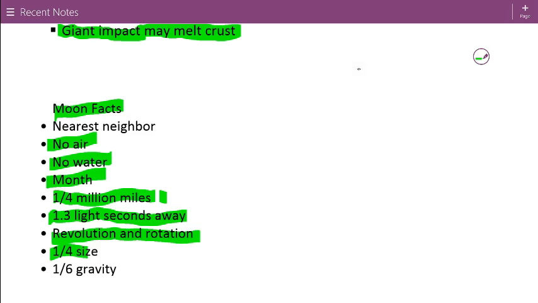And then also, it's 1/4 of the size of Earth, but it only has 1/6 the gravity. So now your weight is based on how much gravity pulls on you. Let's say you weigh 60 pounds on Earth. On the moon, because there's less mass, there's less moon pulling you into its center, so you would weigh 1/6 of that. You'd only weigh 10 pounds. Now there's still the same amount of you, there's just less moon pulling you. So how much you weigh is dependent on how much mass there is around you.